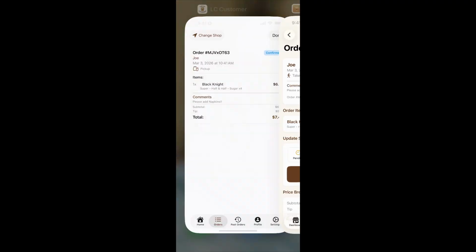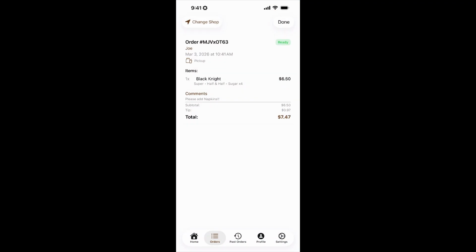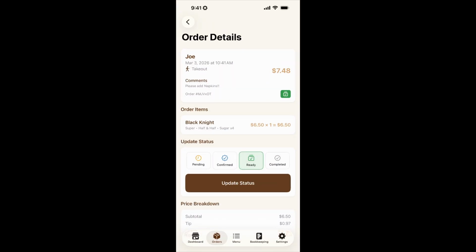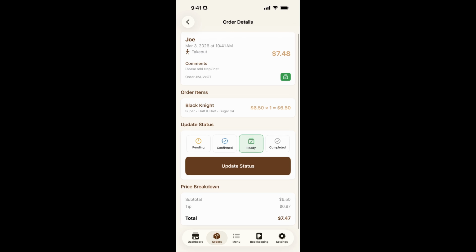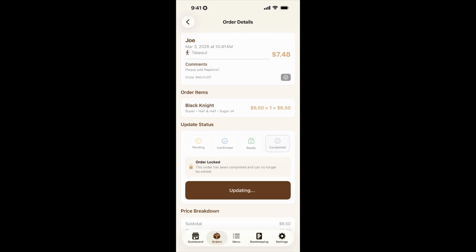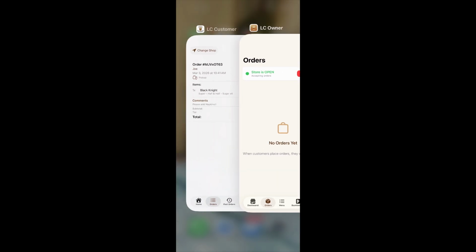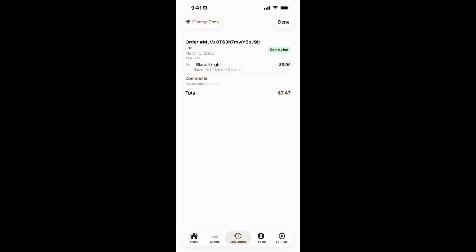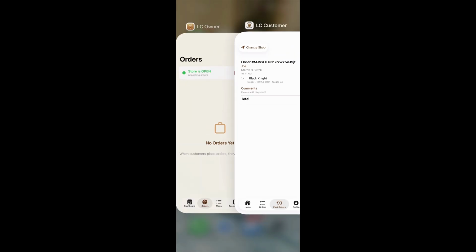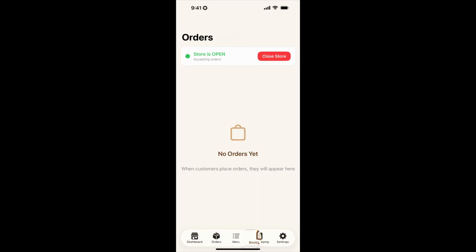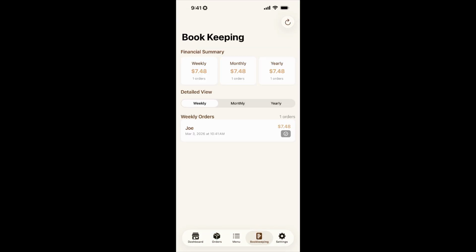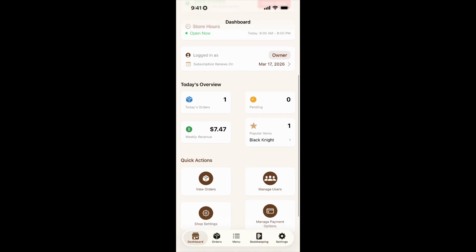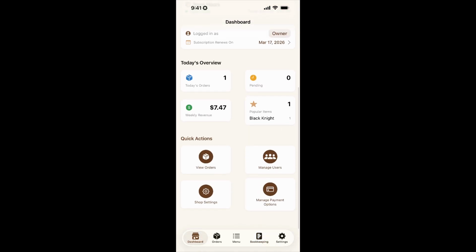And once again, this is immediately reflected on the customer app. When the customer comes and picks it up and pays for it, you can say complete. The order disappears from the customer app. They can see it in their past orders. And you as an owner can go into bookkeeping and see your sales. It also shows popular items, your weekly revenue,